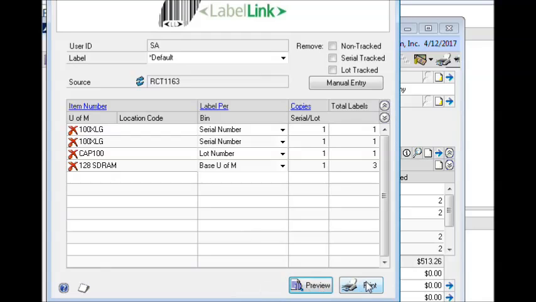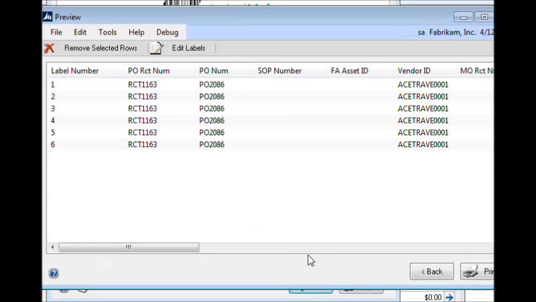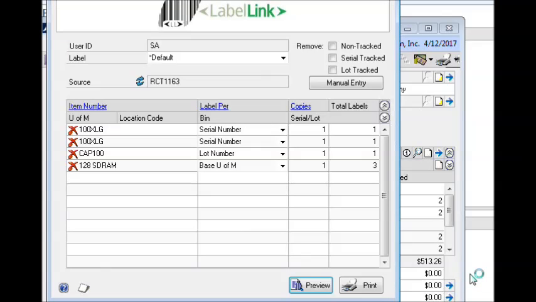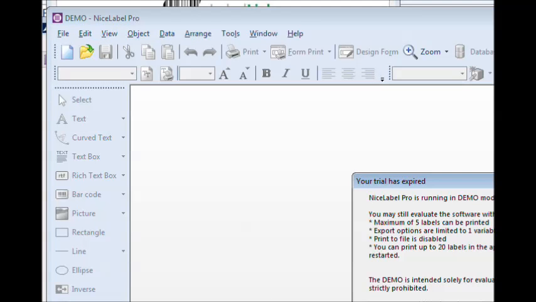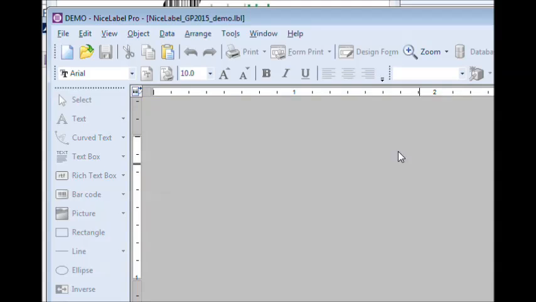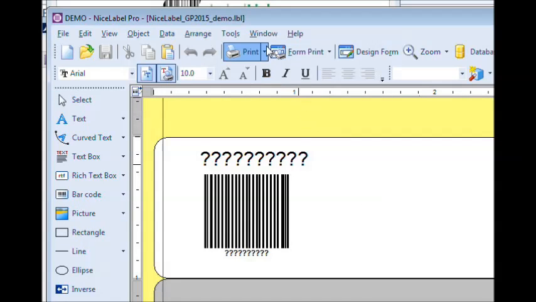So if I click print from this location, you won't even see NiceLabel. It all runs in the background, and you can see GP thinking for a little bit, and then labels pop out of the printer. So we're not going to do that because you can't actually see anything happen. But we'll click Preview, click Print, it's opening up the correct label. If we preview,